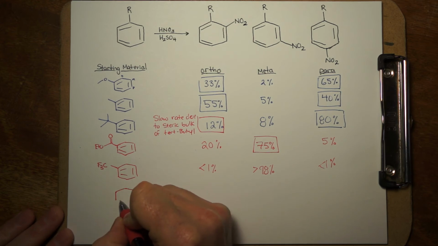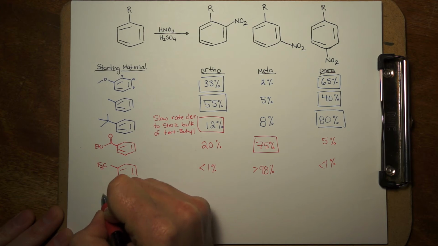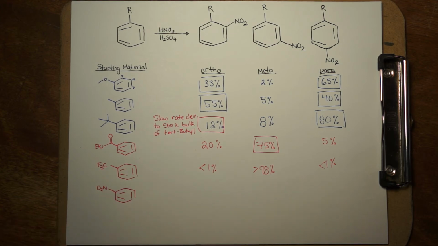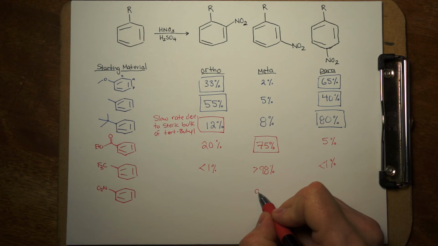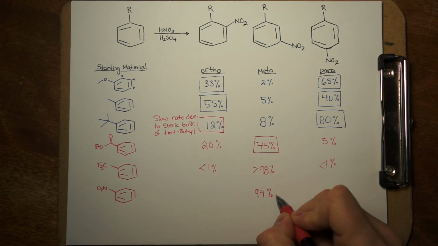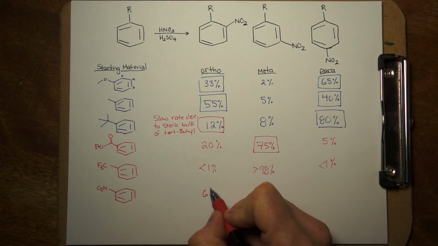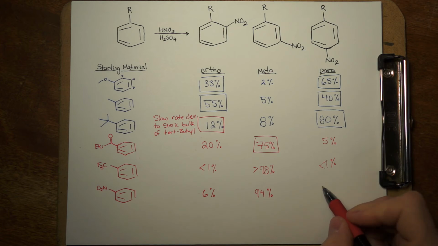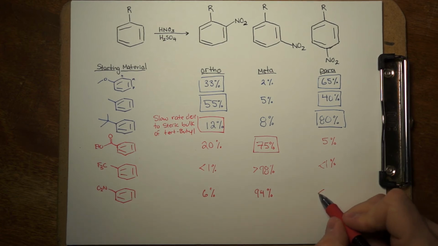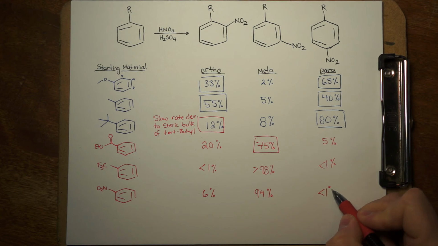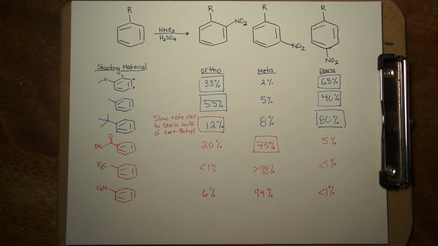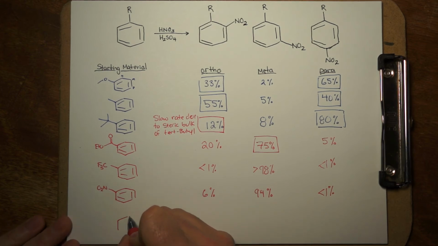Nitro. We've learned that nitro is a very strong electron-withdrawing group. It's actually hard to do electrophilic aromatic substitution on nitrobenzenes, but when we do, the vast majority of the product is going to be the meta-dinitrobenzene. We'll get about 6% of the ortho-dinitrobenzene and less than 1% of the para-dinitrobenzene. And then finally, let's take a look at the alkyl ammonium group,